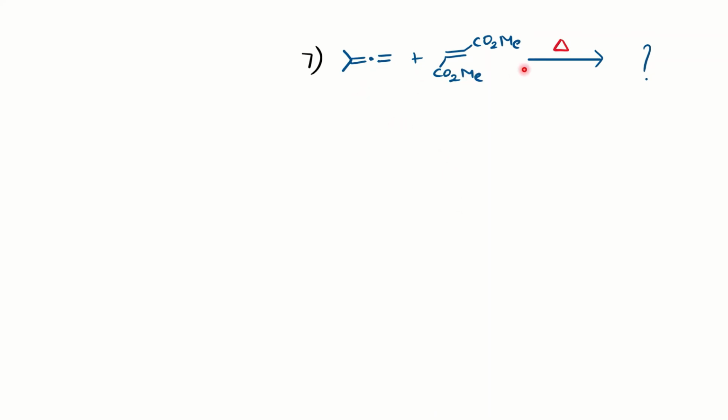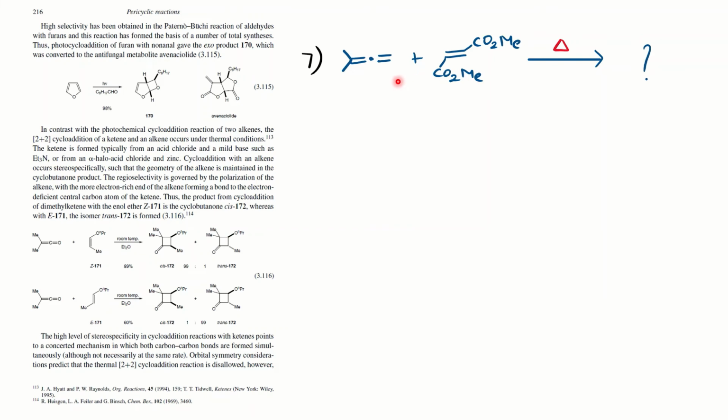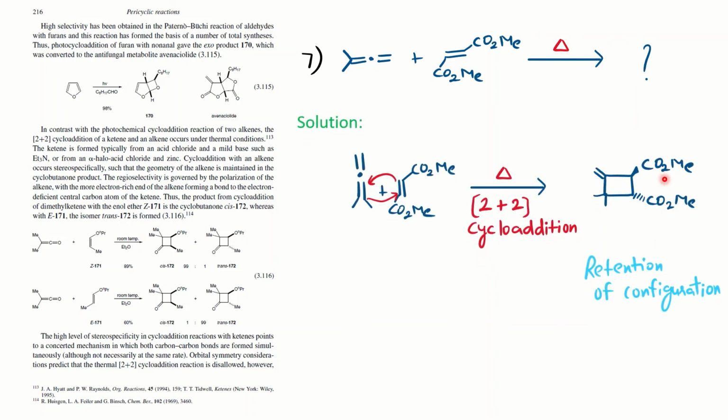This is again easy to identify: you have an allene and a trans alkene given under thermal conditions. Basically it is again a pericyclic reaction, and a 2+2 cycloaddition will be there. In this book it is given as ketene, while here the only difference is that instead of ketene you have allene. Again a trans alkene is there, and you can find the major product is trans. So you have to decide on the stereochemistry, the options will be given to you, and finally you can show the stereochemistry. If you start with a trans alkene,